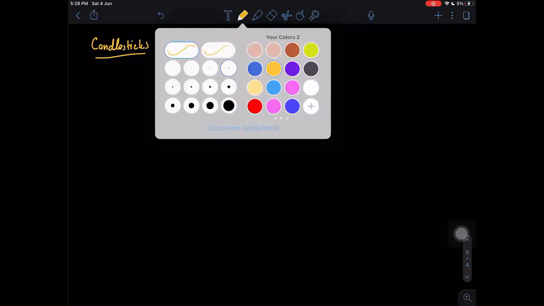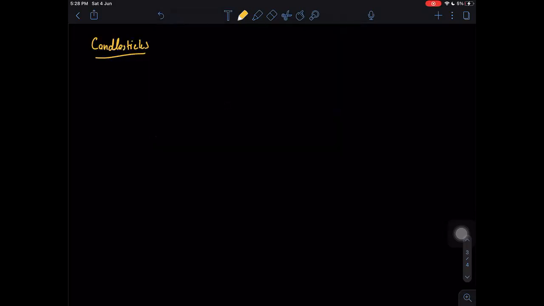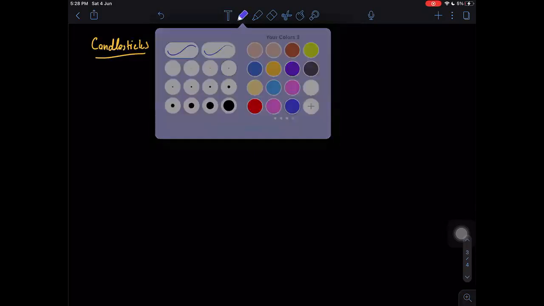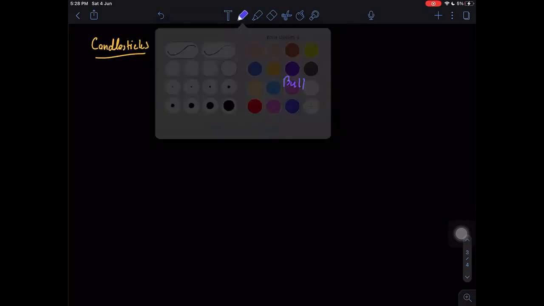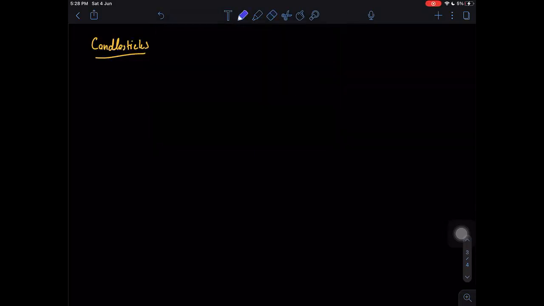Right. So what color do you want to be? That's like the bull and the bear, of course. What color do you want the bull to be, and what color do you want the bear to be? You want the typical green red, or do you want the blue red? Because I use blue and red. Blue and red's fine. Yeah.